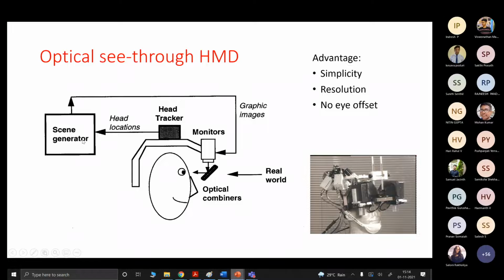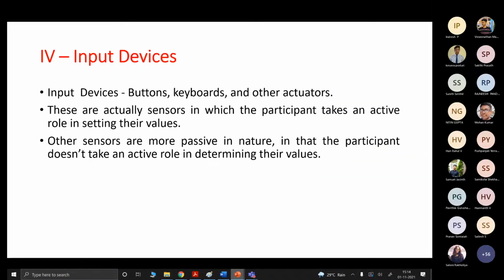Everything will be given here, the scene generator will generate it, and the generated scene or augmented content will be given to a display for displaying. The advantages are that it is very simple, there is no eye offset, and the resolution will be good in the case of an optical see-through head mounted display.